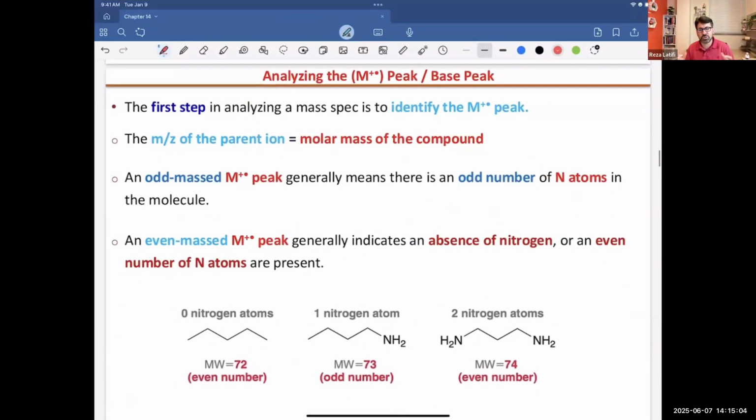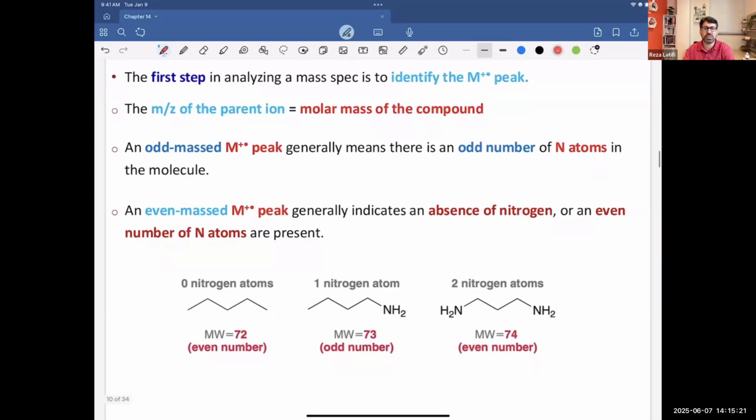I want to know how we use the masses of those fragments to technically identify the unknown sample, or to confirm whether we made the sample that we are looking for or not. First thing you need to identify is the molecular ion peak, which is usually the last one. And if it happens to be the tallest, then your base peak is equal to the